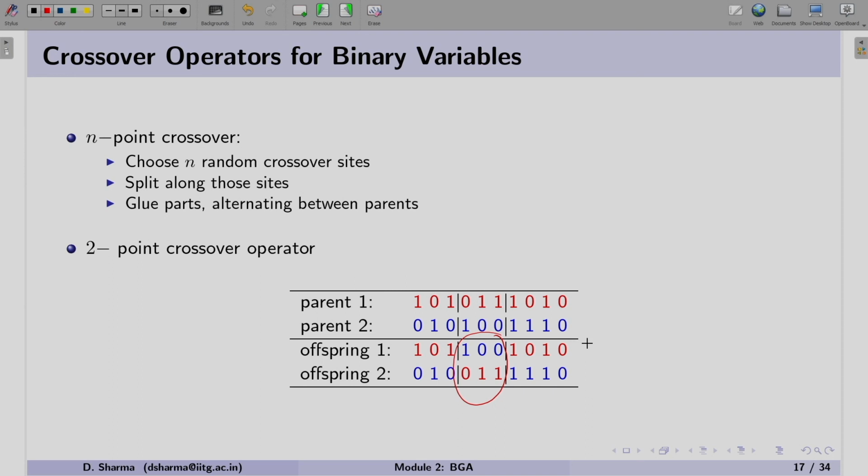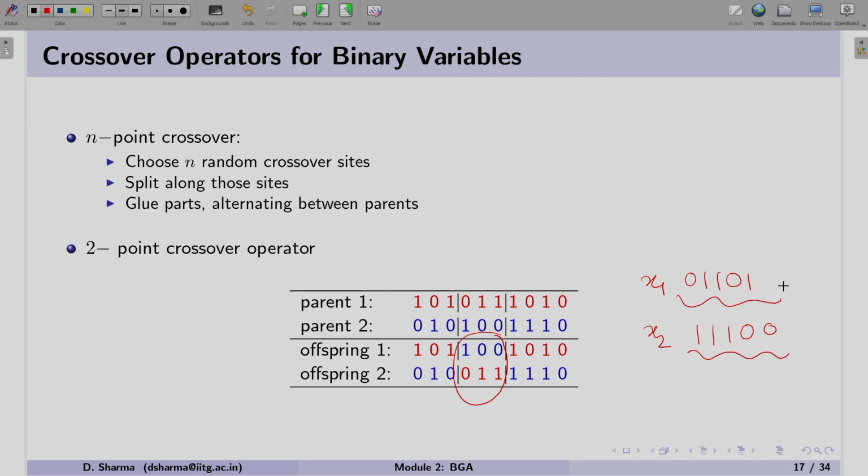You can see a little difference with respect to the 1-point crossover. Using 1-point crossover, you may be changing one variable at a time, but using 2-point or 3-point crossover, you may be changing multiple variables at a time. Remember, suppose we have x1 and x2, and we use a set of binary strings, say 0, 1, 1, 0, 1 and 1, 1, 1, 0, 0.